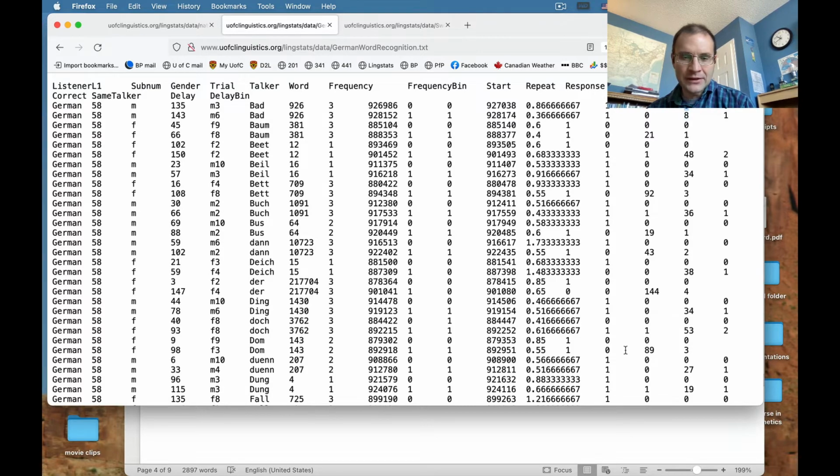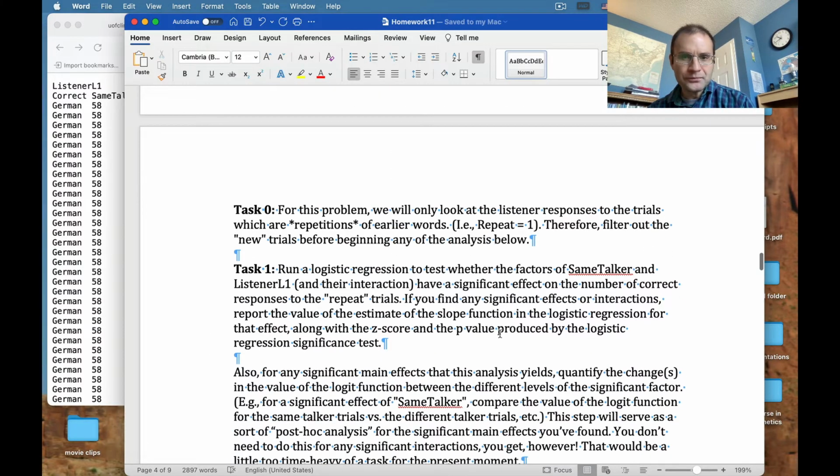Same thing for that delay variable in general. Okay, so what do you have to do? That's, like I said, a lot of detail work in this one, but you don't have to worry about most of them. So for task 0, for this problem, we're only going to look at listener responses to the trials